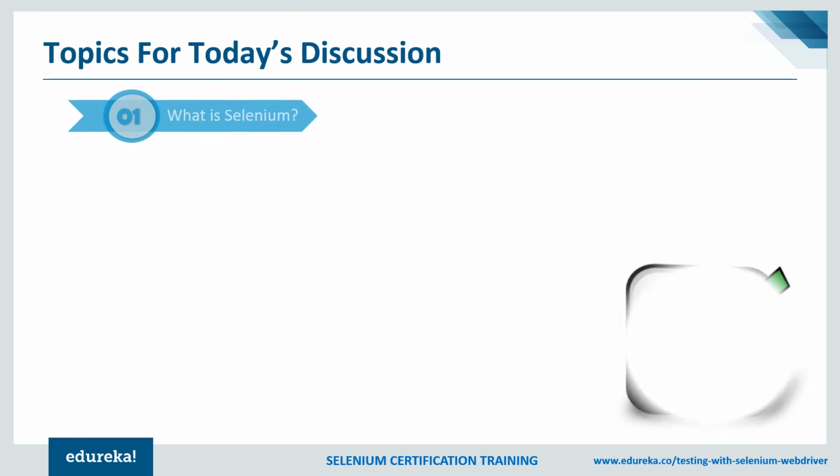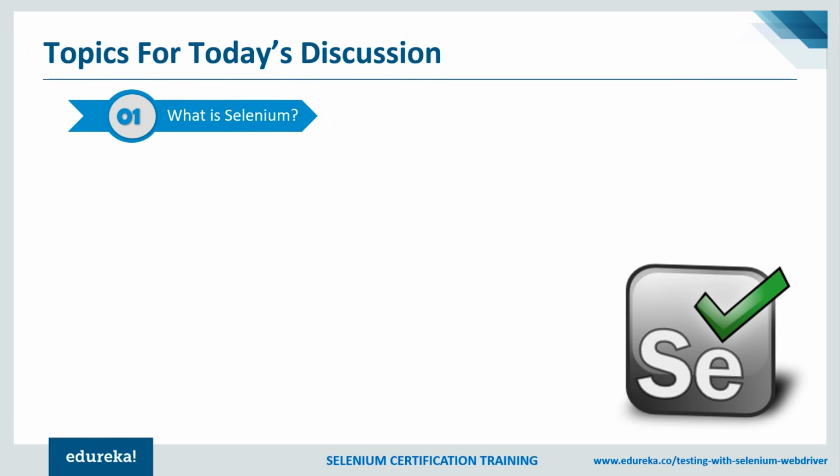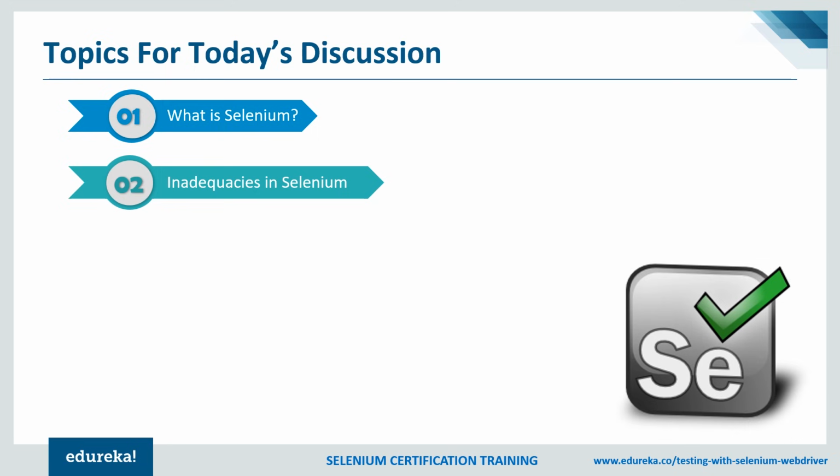There are two keywords here, Selenium and Java. Selenium, an automation testing software, and Java, a programming language. Hold on, a programming language? Do we manual testers code, program? No, right? So shouldn't Selenium be a one-stop solution? Conveniently, yes, but it isn't. So what are its shortcomings? We're going to look at the inadequacies in Selenium and also on how to resolve them.